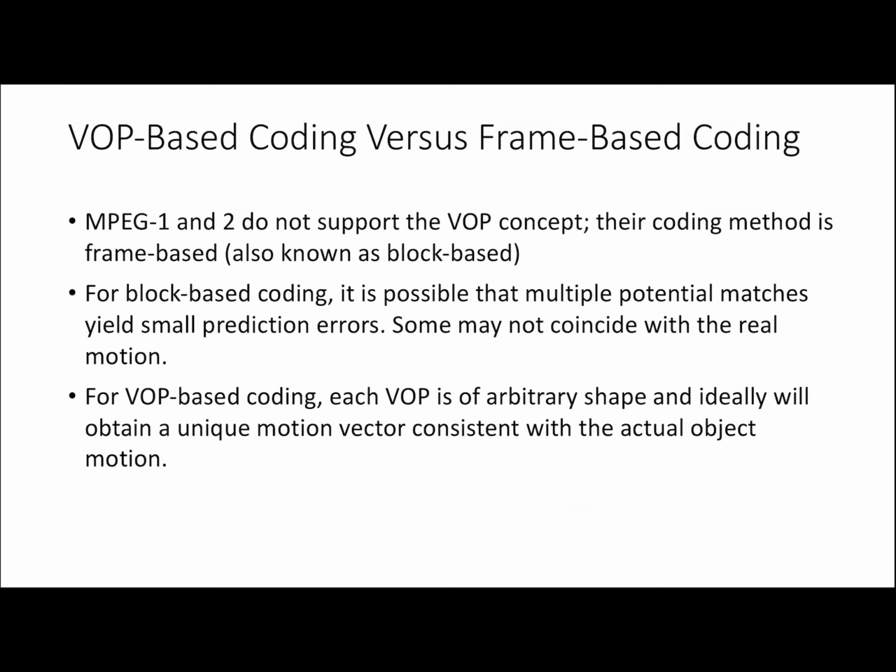And the group of video object planes is a collection of various video object planes, and it is an optional layer. And the major unit on which we will be working in MPEG 4 is the video object plane, which is nothing but the snapshot of a video object at a particular moment.